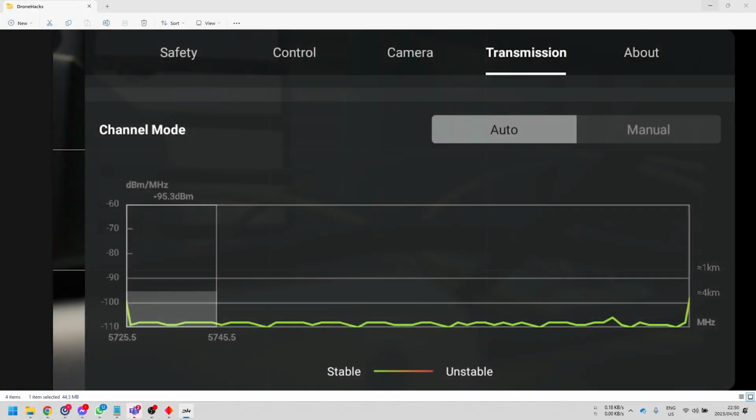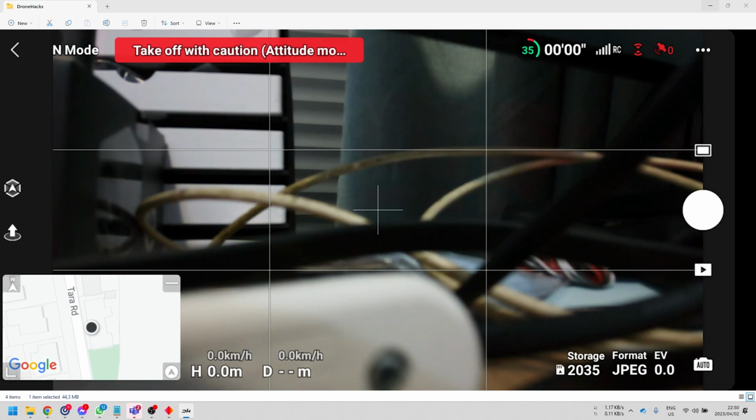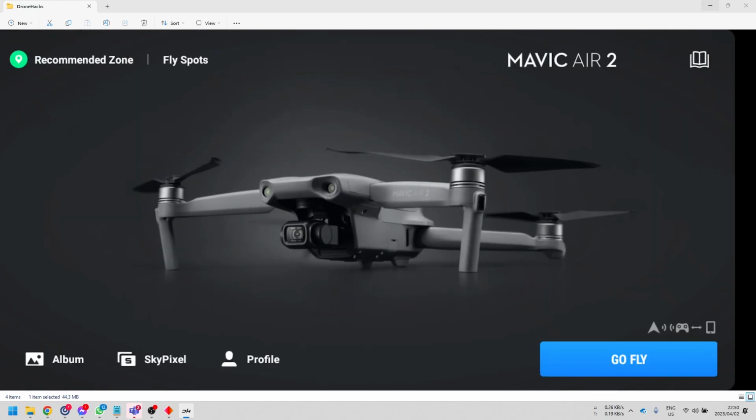And there you go, guys. You have now unlocked your drone. You have removed the no-fly zones. You have enabled FCC. Your drone is now